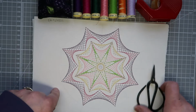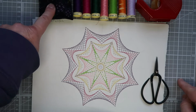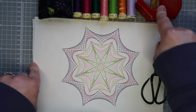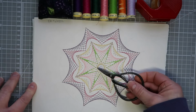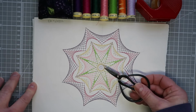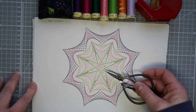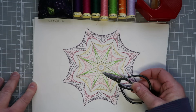I've got some scissors for my thread, I've got a couple of embroidery number 7 needles, and I've also got some sellotape to secure my thread on the back. Now for the centre bits we're not going to need a long length of thread, but I wouldn't go too crazy and make it too short. I would start with an arm's length because we're going to be filling in the circle with a couple of